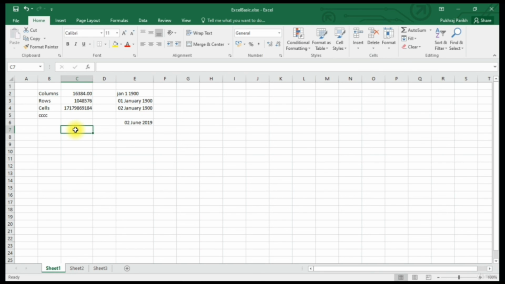So if we have value of pi in this cell as 3.14159 and you think that these are too many digits for most of your calculations, you just need to look at only 2 decimal digits, you can go and click on this option to reduce the number of digits that are visible to you. You can see in the formula bar the original value is retained, but in the cell you will see only the number of digits which you have specified.